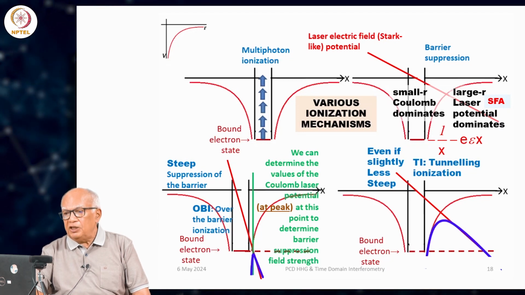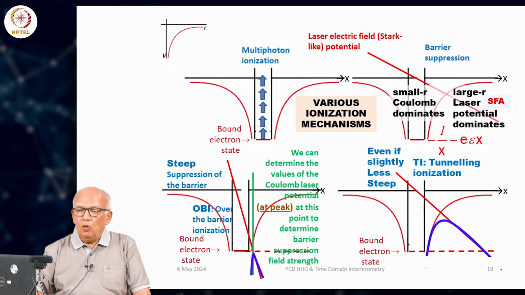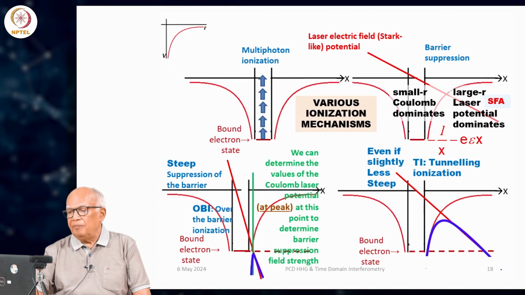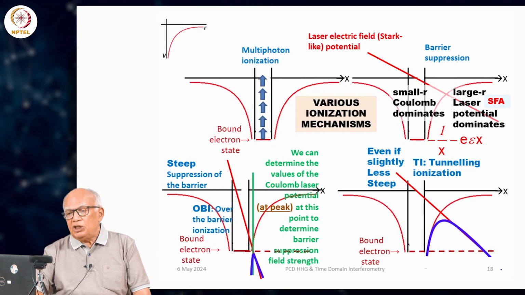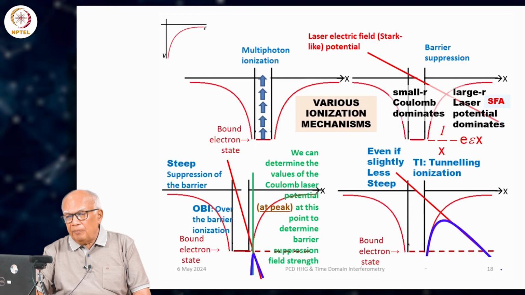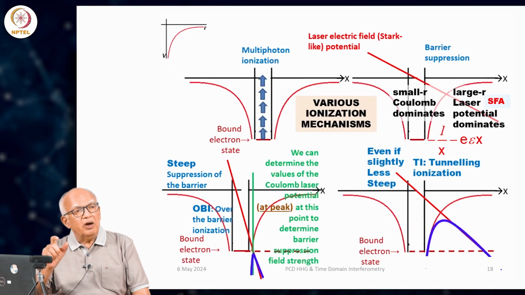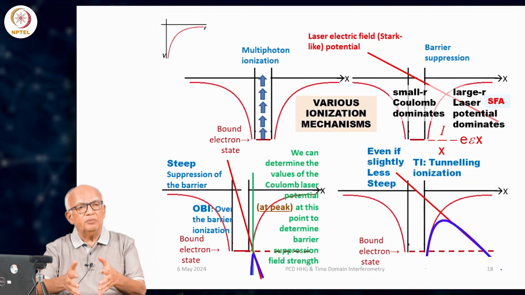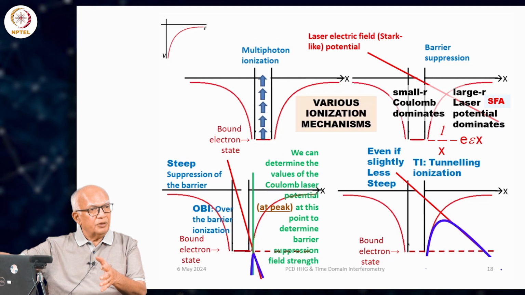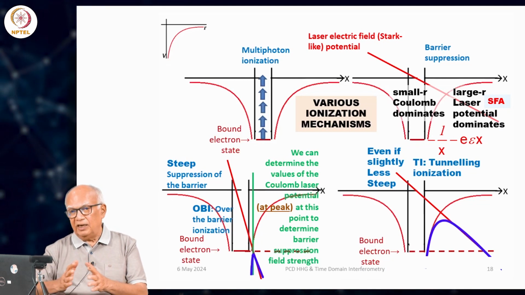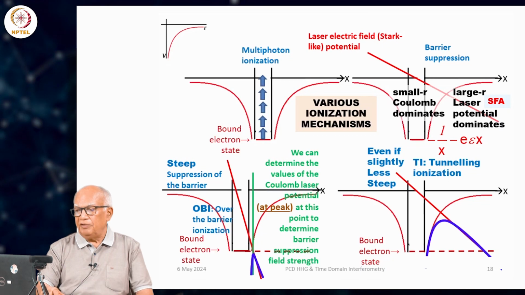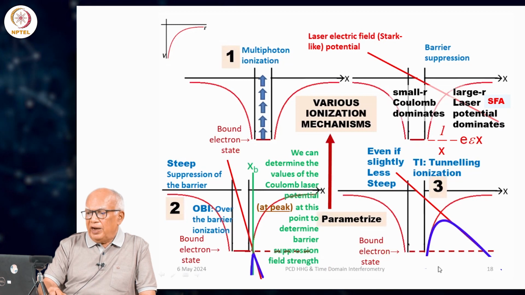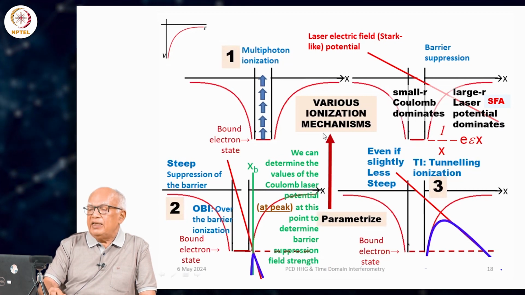So, there are 3 ionization mechanisms: the multiphoton ionization, the over the barrier ionization (OBI), and TI, which is tunneling ionization. Each of these 3 is different from the photoionization that we talk about in the Einstein experiment. Sure enough, light is absorbed and the electron comes out, but it is not the same thing as the Einstein photoionization. Each of these 3 is different, and we need to find a mechanism to parameterize these 3,